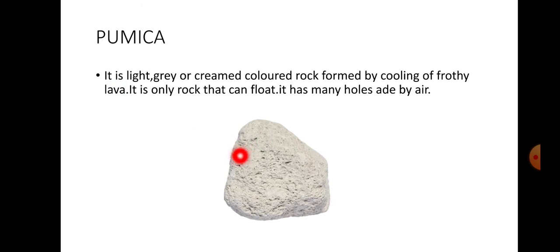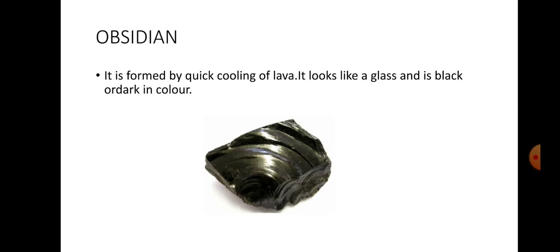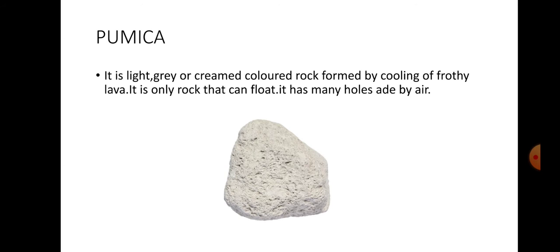So till now we discussed two types of igneous rocks. One is basalt, the other is pumice. Basalt is very black in color, with fine grains and sharp edges, and we also call it scoria rock. Whereas pumice is light in weight because air is packed in between the pumice.